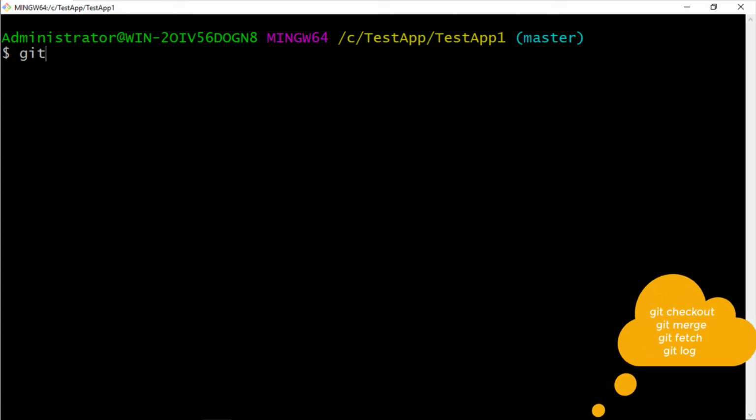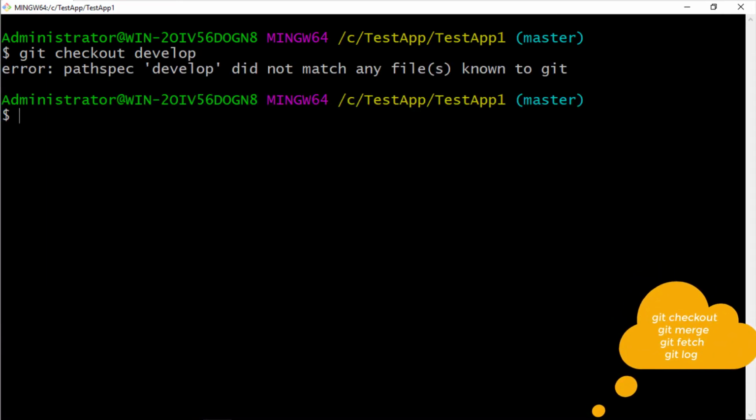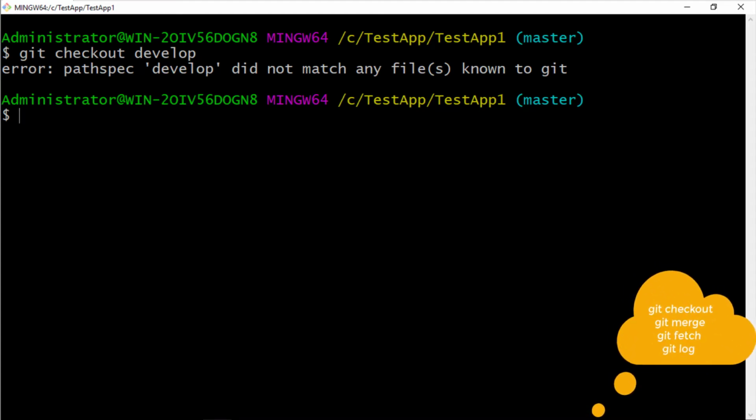The command is git checkout develop. It says path did not match any file known to git, because you have created it in the git repository, but git has not realized whether it's created or not.